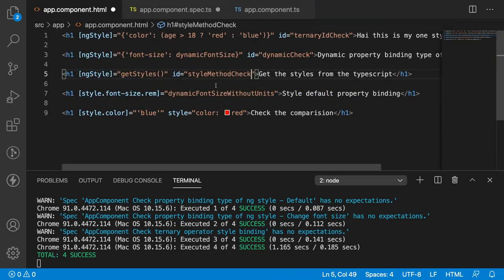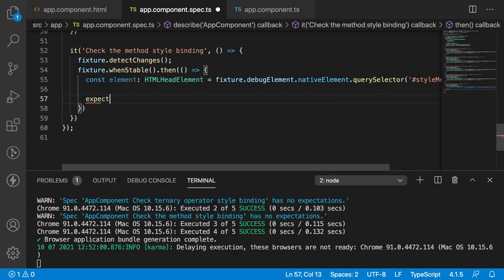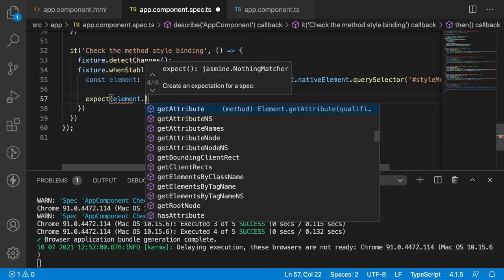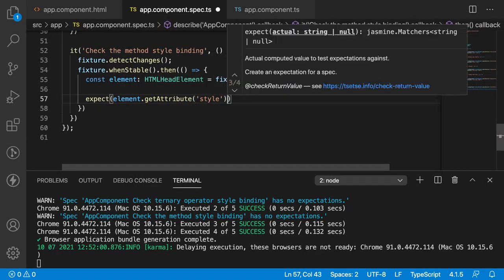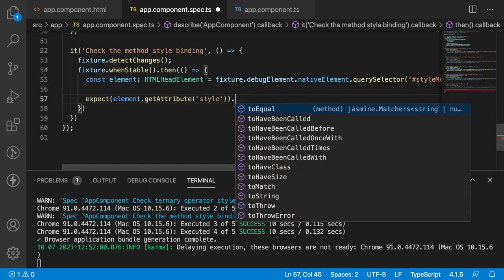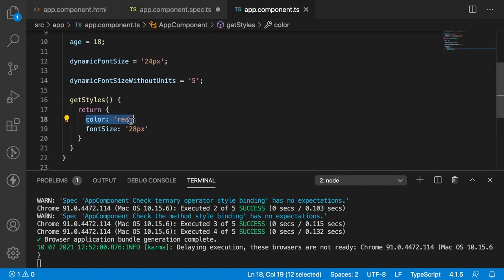It is style method check. Copy this and paste here, which is an ID, so hash. Expect of element dot get attribute of style. What are the attributes I am expecting here? Dot, it should contain color as red. That is one part.